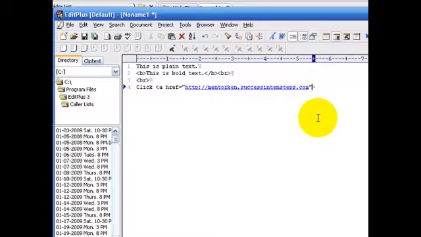Now we put in our right angle bracket. That's the tag right there, the anchor tag. What appears after the anchor tag is the word that will turn into the link. So I'm going to type in the word here, and then